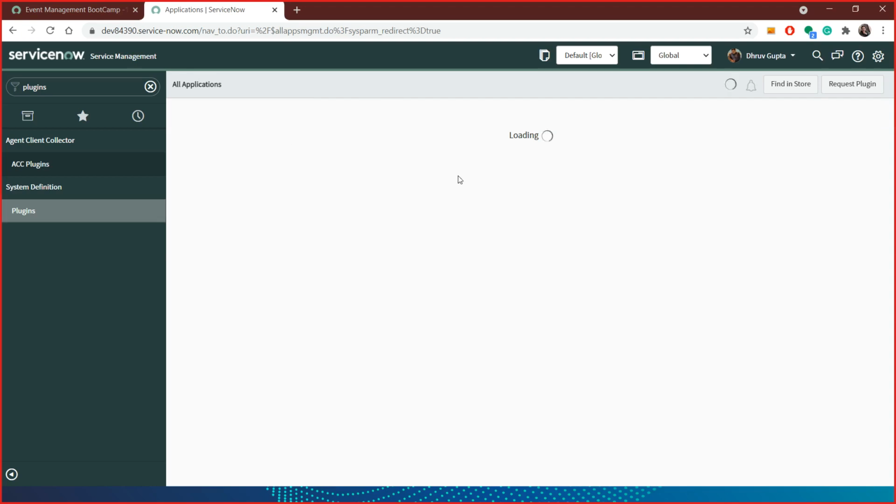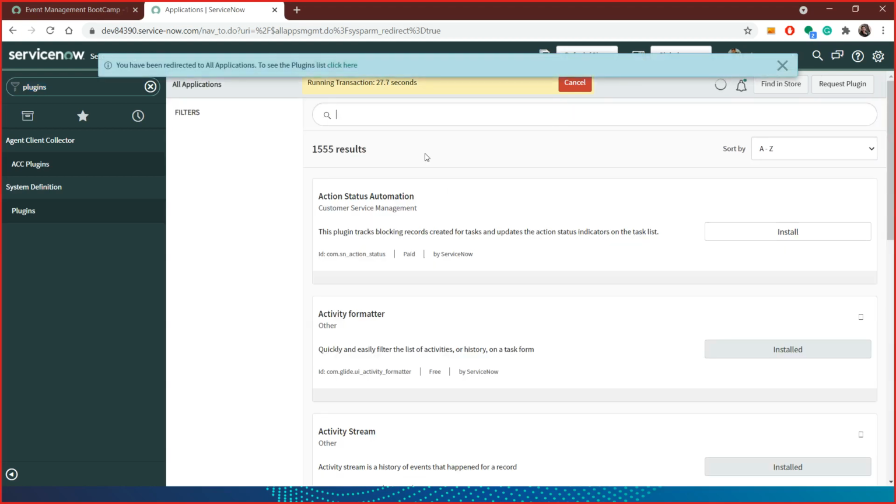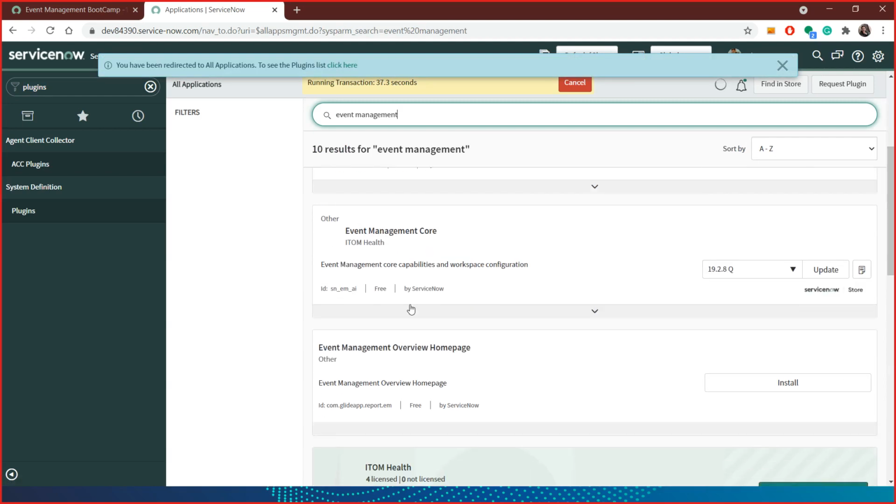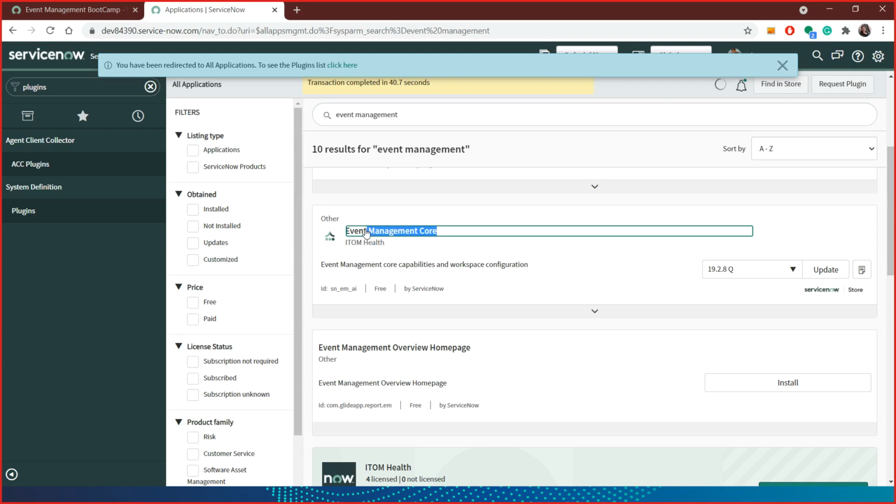It should be there. Okay, let me show you that. I need to clear this mess. Okay, event management. This is the one I have installed. See, this is the ID. So if you want the name, it's Event Management Core.